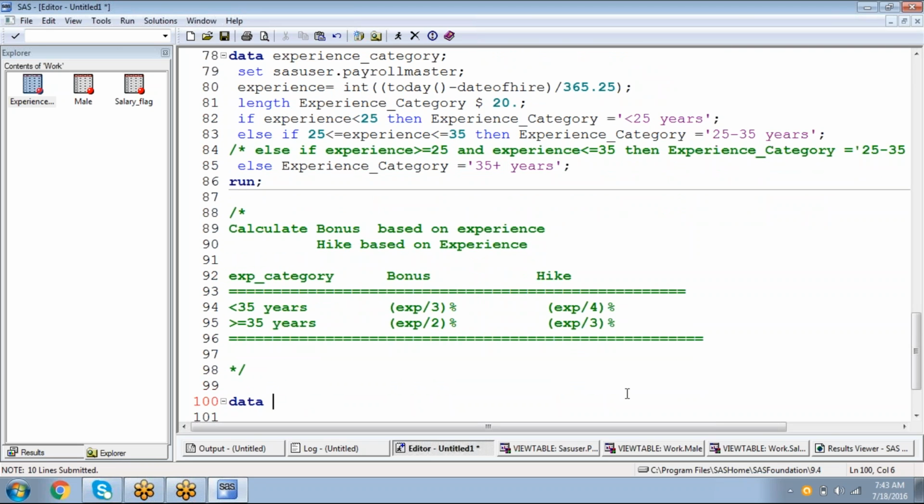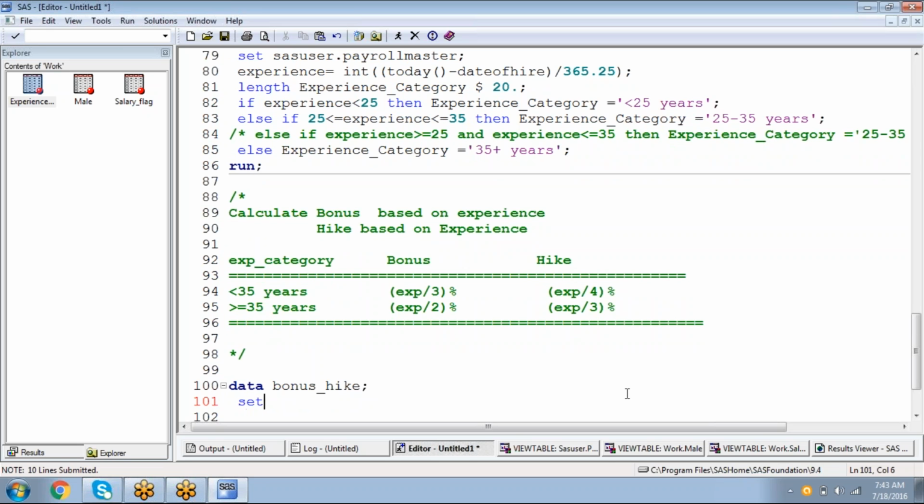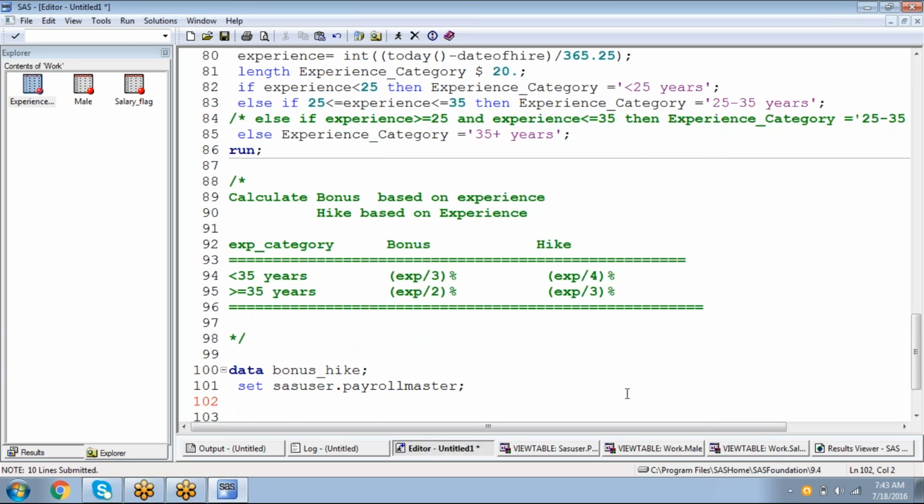So data, some output data set name, bonus and hike. Set, where is our input? We have it in SAS user dot payroll master. Okay. Now next, what we have to do is write if conditions. We have to write an if statement, right? If experience, how do you get experience? Today minus date of hire